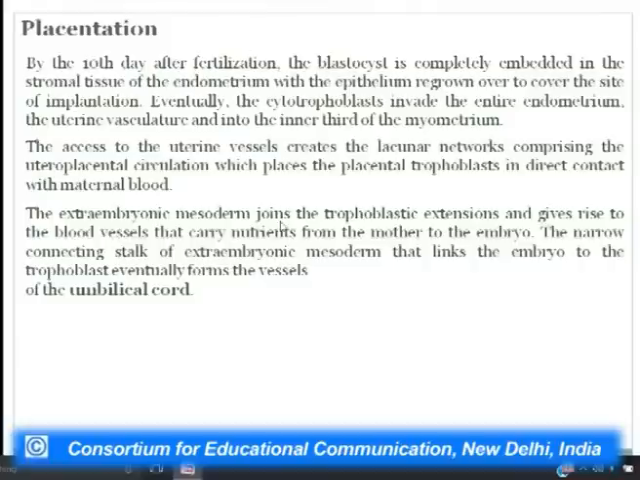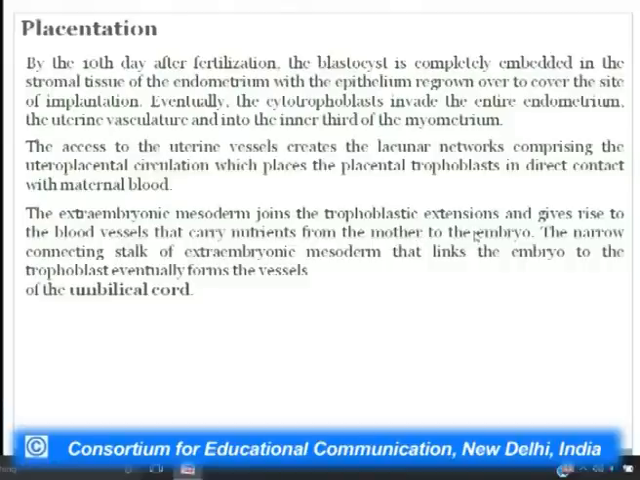So after the implantation has occurred, by the 10th day after fertilization, the cytotrophoblast invades the entire endometrium and almost reaches the inner third of the myometrium. And then the access to the uterine vessels creates these lacunar networks. And as I said, the fetal tissue is basically bathing in the maternal blood, and the extraembryonic mesoderm then